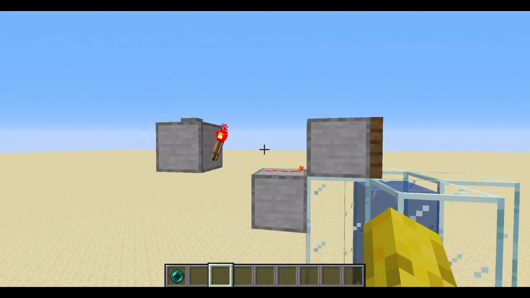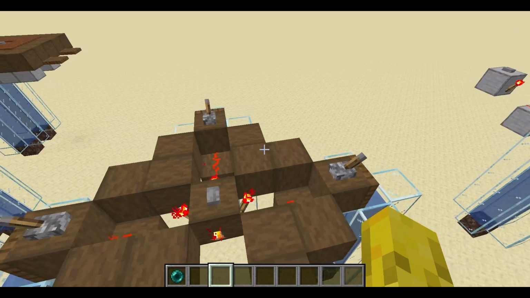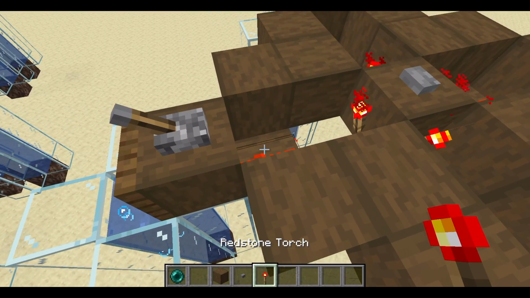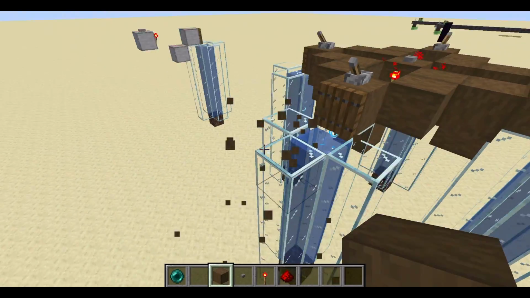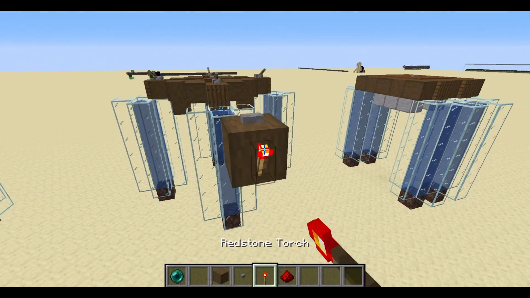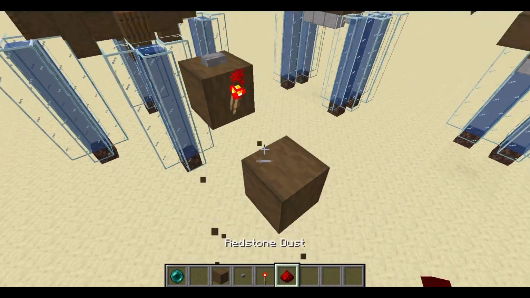If you wanted to see it from here, that's a little prototype of what it actually looks like. So now I'm going to show you how to build it. I'll show you how to build the redstone circuit. If I get some blocks, I'll go across here. So I've got some blocks here, and I've got a button. So I place a button here, a redstone torch, and some redstone here,